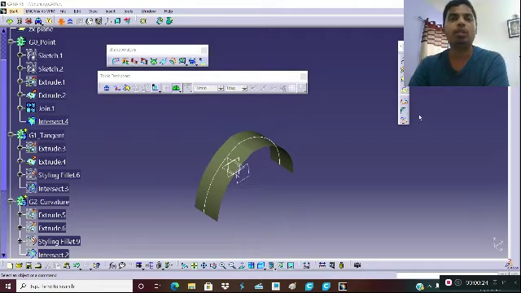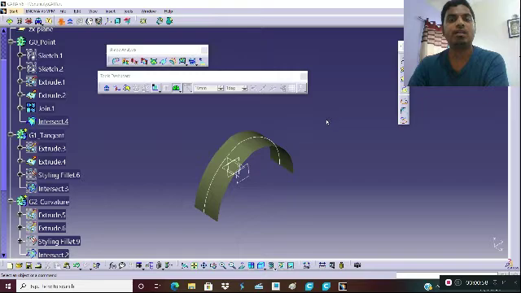In order to do this process, the first step is to calibrate the given class A surface. To check whether the given class A surface satisfies the criteria given by the OEM, we need to carry out a shape analysis. In shape analysis, we can do a highlight analysis, porcupine curvature analysis, and section analysis. These are the different types of analysis that let us know whether the given class A surface has been created and connected properly or not.